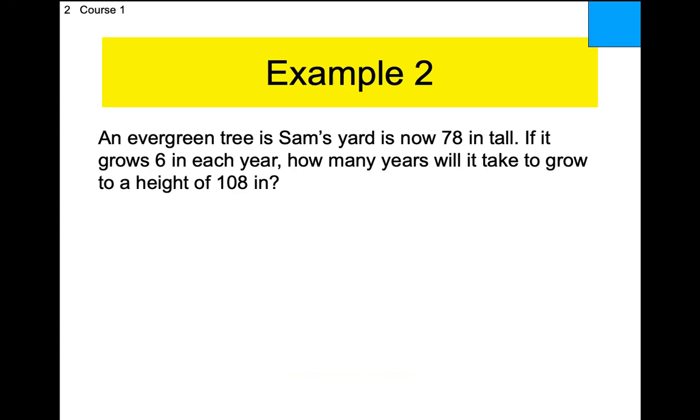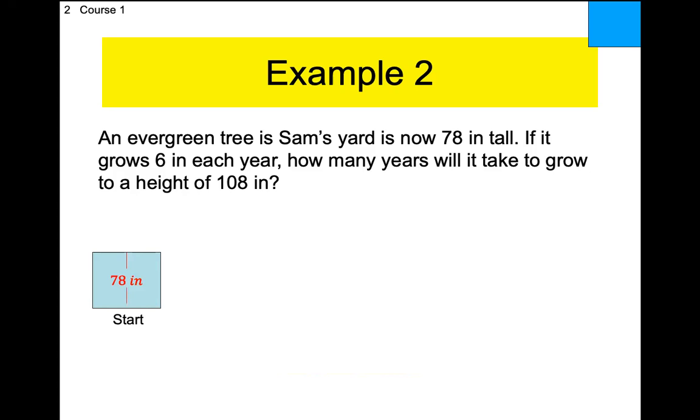Let's draw a picture. Most people would immediately try to draw a tree. Guess what I'm going to draw? A box. So how tall is my box? 78 inches. That's my start. My tree looks like a box, not a tree. From the bottom to the top is 78 inches. How tall does it grow each year? 6 inches. This is not to scale, but the next year,